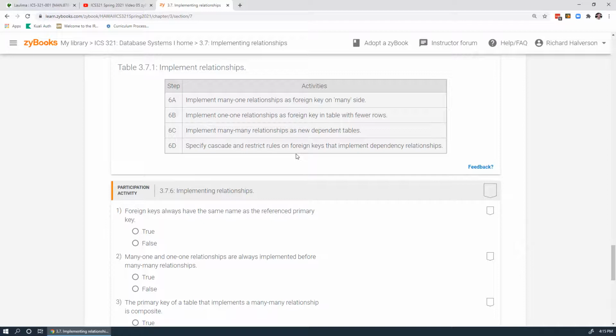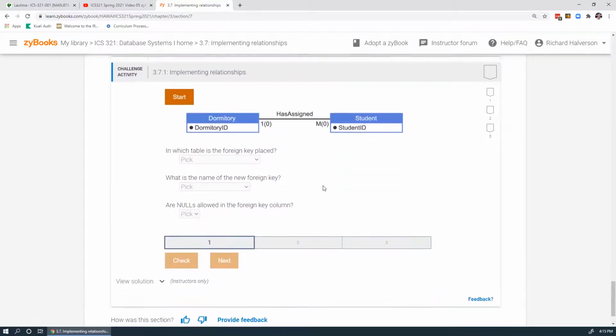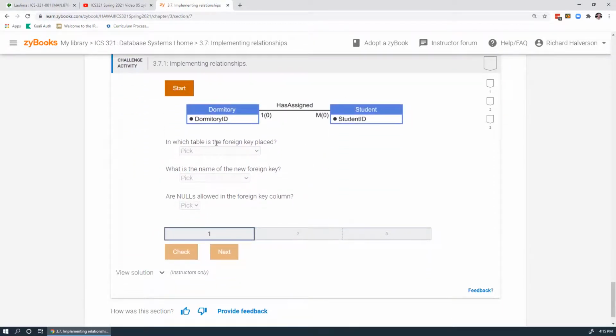They can have as many combinations of the primary keys of each of the sides. Implementing relationships. So here, a student has